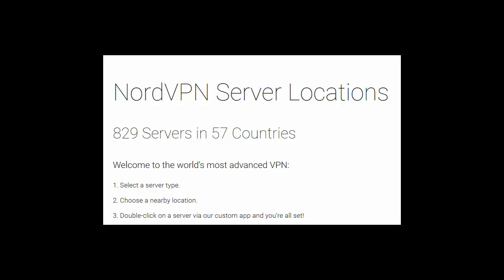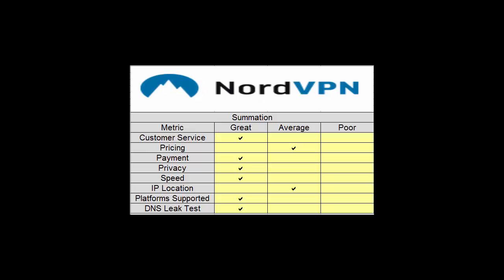So they have coverage in 6 of the 7 continents, and if they had penguins needing to use VPN services, they'd probably have some servers down in Antarctica as well. NordVPN offers a few different server types as well to contribute to enhanced privacy. They offer a double VPN, which basically means it goes through 2 VPNs before even going out onto the internet. So it might be routed through Canada and then, say, the Netherlands, and then it will be able to go